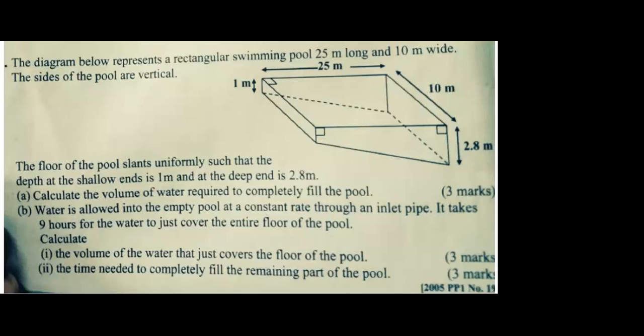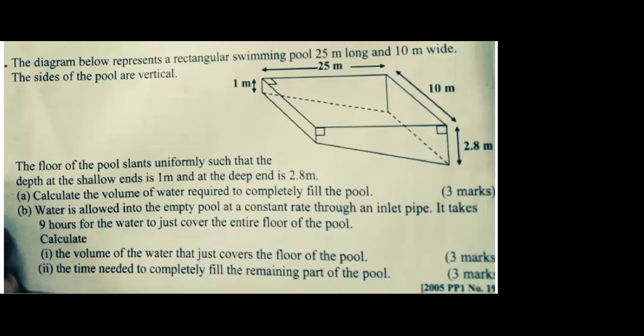So we find the area, which is a half base times height, and that is a half multiplied by 1.8 multiplied by 25 meters. You get the answer is 22.5 meters squared. So 22.5 meters squared plus 25 meters squared, you get 47.5 meters squared. Multiplied by